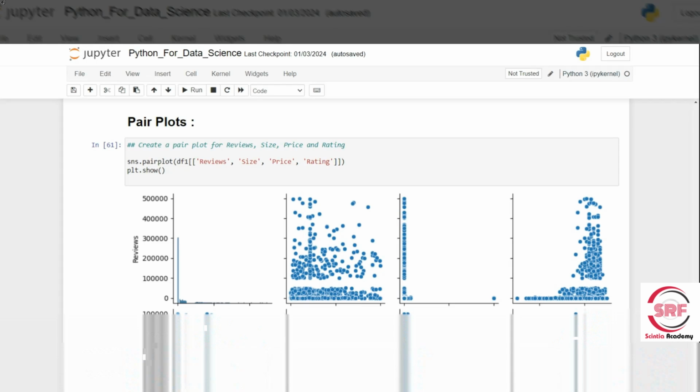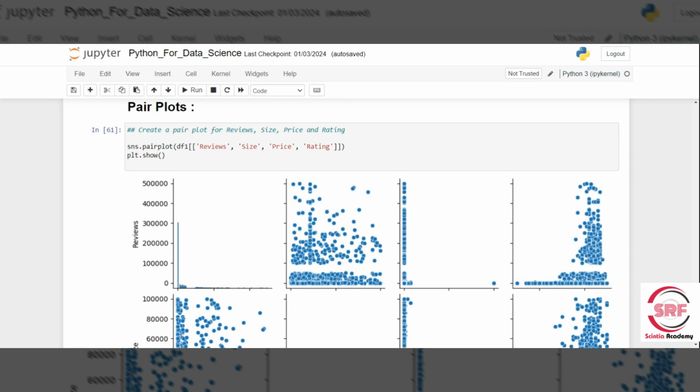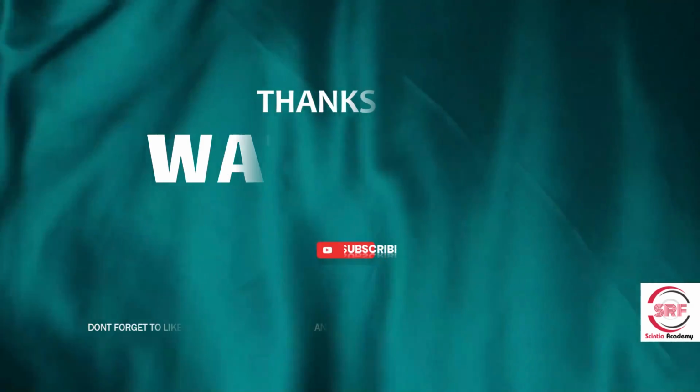Hello everyone. In this tutorial, we are discussing a data visualization technique called pair plots, and we use the same dataset as we used in the previous couple of videos. The first line of code is sns.pairplot, and this code generates a pair plot using Seaborn's